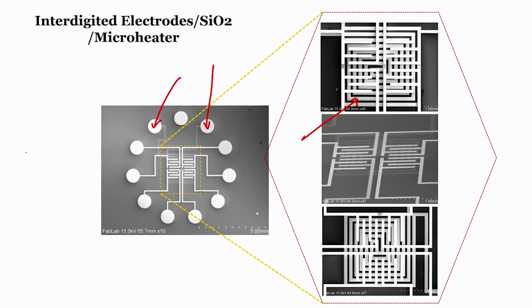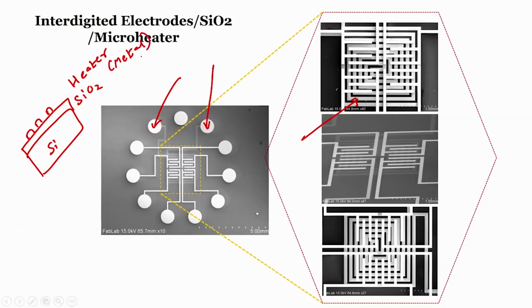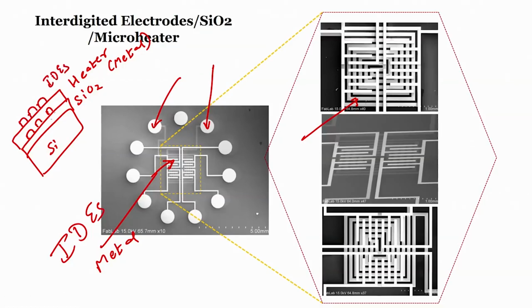But again, let us say this is silicon, this is silicon dioxide, then this is the heater. The heater is of metal. Interdigitated electrodes, also written as IDEs, are also made up of metal, and you cannot have metal on metal. That means you should have an insulating layer on which you can design interdigitated electrodes. So, this one is your